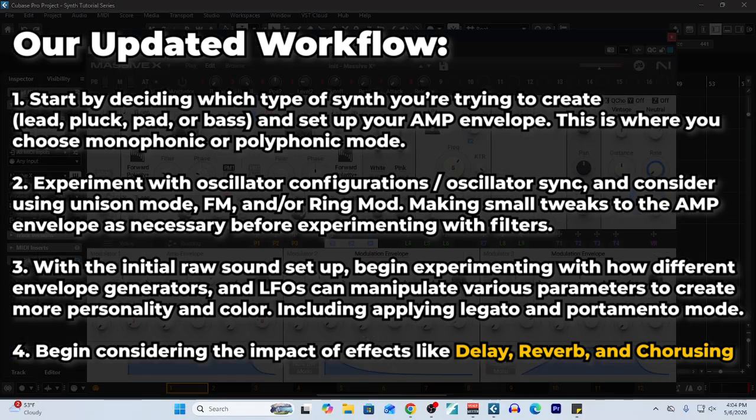Then select an initial oscillator to use as reference for setting up your amp envelope. This is where I would also recommend you try setting up your synth as being either monophonic or polyphonic. Once it's set up, you can experiment with different oscillator configurations, oscillator sync, unison, ring modulation, frequency modulation, and things like that to help create the sound that you want, making small tweaks to your amp envelope as necessary before